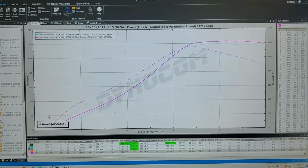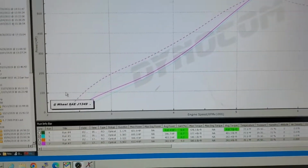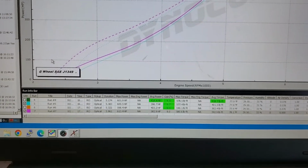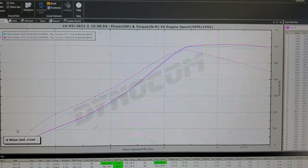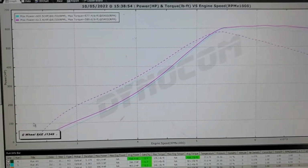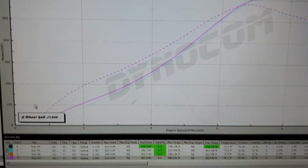All right, here's where we ended up. If you saw the picture on Facebook, I had a different correction factor, the 1320 correction factor there, STD. In an attempt to keep all this the same, I'm using the same correction factor I was running on the other previous runs, SAE, whatever. Anyway,